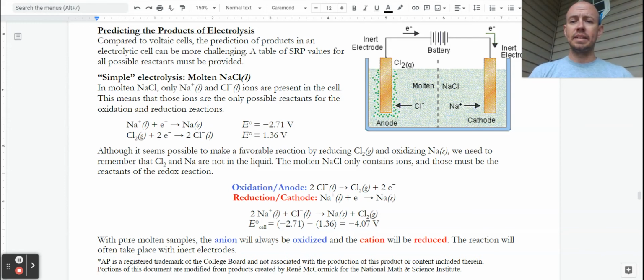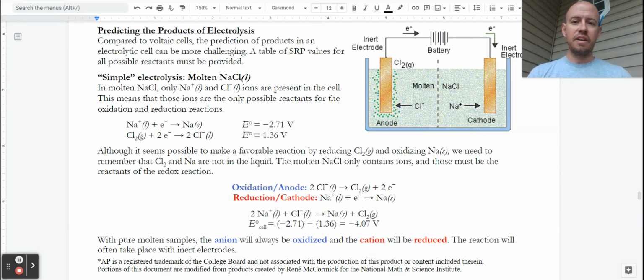So if we look at this, we could think about what needs to be oxidized and what needs to be reduced. But what's really important with electrolysis, probably more so than with galvanic and voltaic cells, is thinking about what is actually in the cell. Solid pure sodium is not there. We've got inert cathodes. Chlorine gas is not there. We have chloride ions. So the only things here to react are the sodium ion itself and the